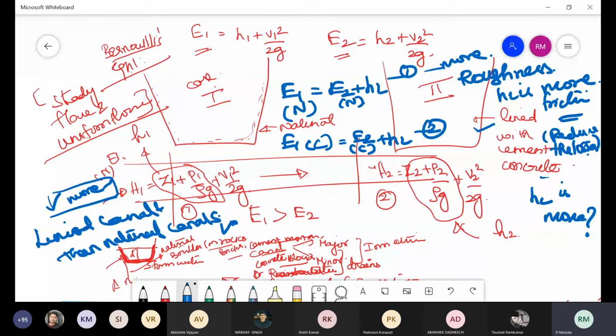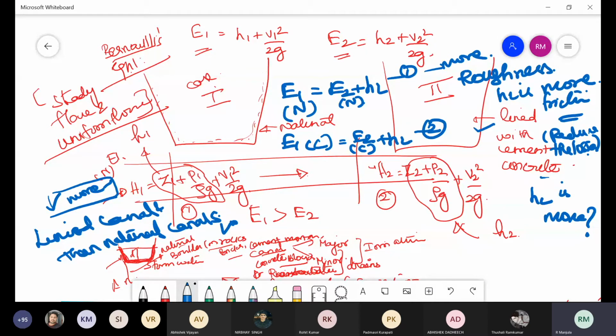Even if it travels more than say 50 to 100 kilometers, the energy will not be lost because of efficient lining. Since India is a poor country, it is very difficult for us to go for that process, as it involves huge cost. Normally natural canals are maintained over a period of time.